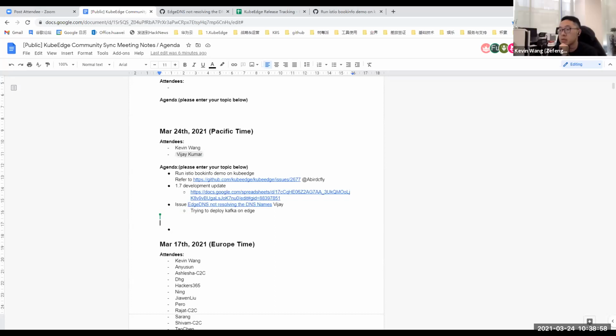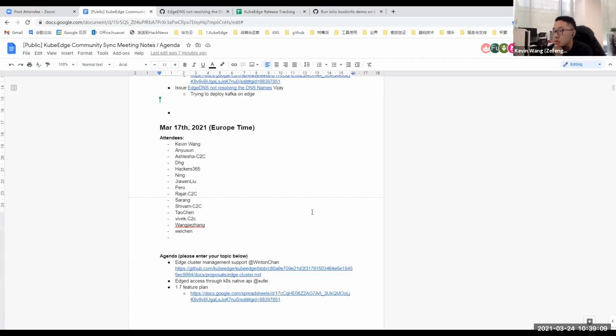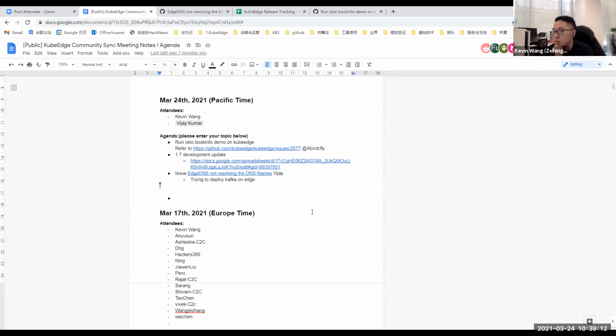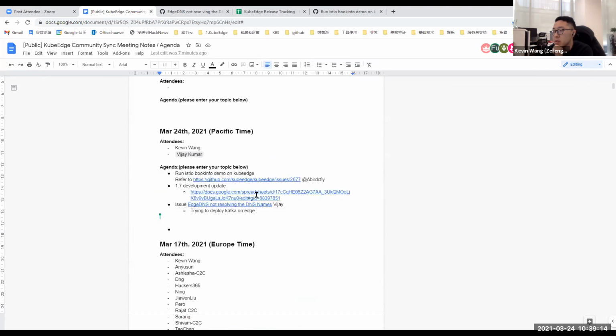对，你把那个 proposal 的地址在那个 meeting notes 里再贴一下吧。好。So we actually have mentioned this idea on the community meetings before. So there was a proposal discussing that we're trying to move the Edge Mesh code to a standalone repository, and also improve the implementation to make it more modular